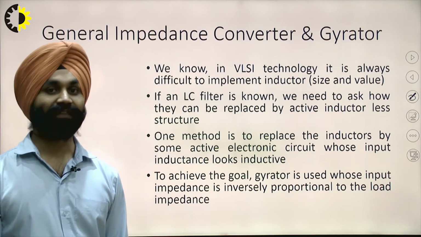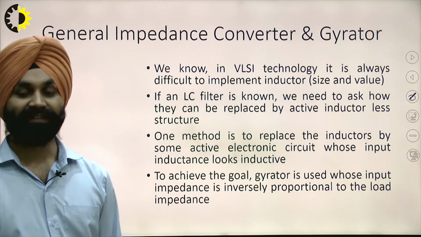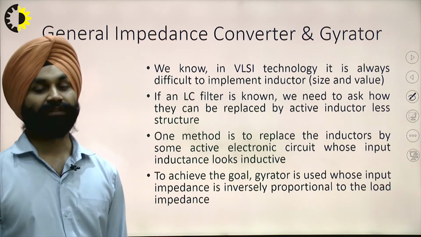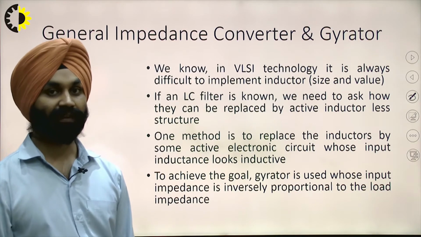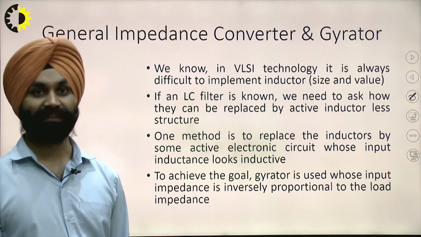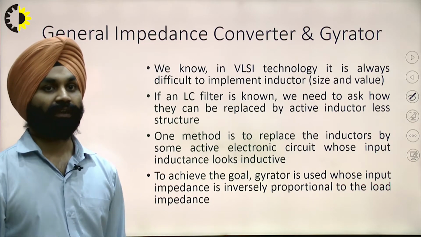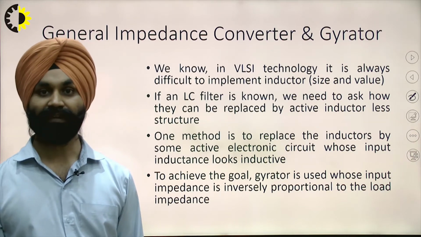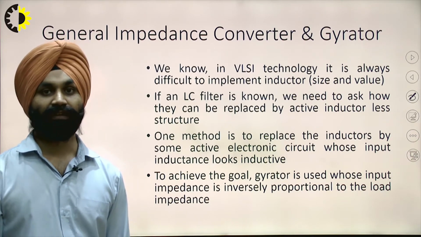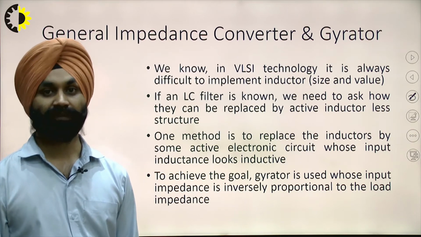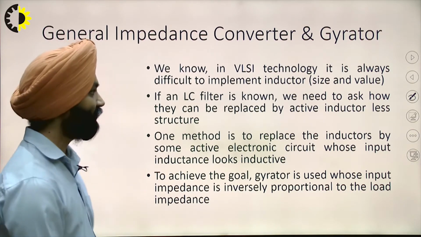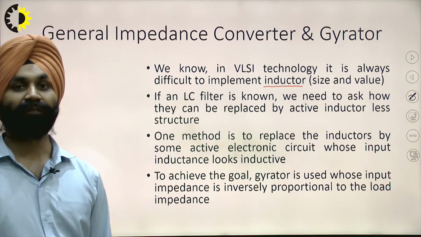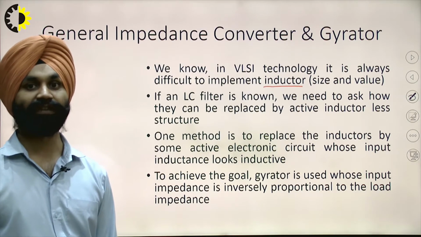So first of all, what is GIC? That is the main point. GIC is a gyrator, which we have discussed in the previous units also. GIC is one type of gyrator. Now we have discussed that for analog signal processing we have one major issue, that we need some components which are very large in size, for example, inductors. Inductors cannot be manufactured in VLSI technology due to their size.